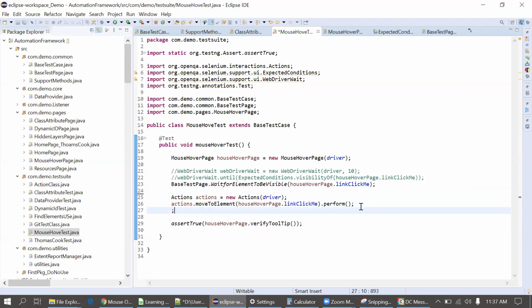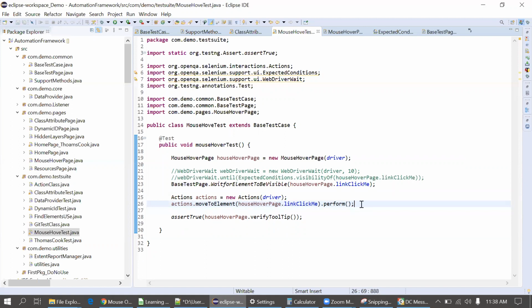If you're putting an extra semicolon, that's fine. It's not causing any issue here. It's not a good practice, but it will not cause any issue. It just instructs the JVM that the statement is completed. Now we are putting an extra semicolon here, so there is no statement. It is just conveying to the JVM that it's completed, but there is nothing, so it is not causing any issues. Okay, that's fine.